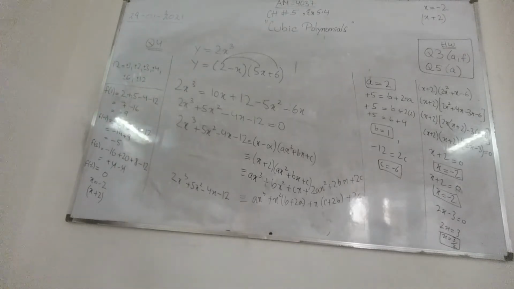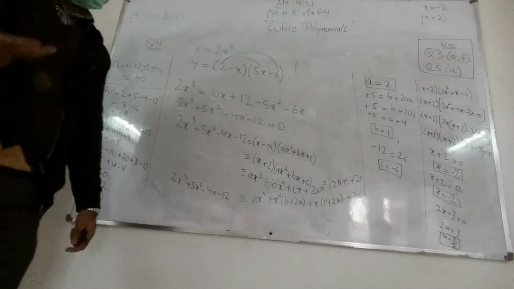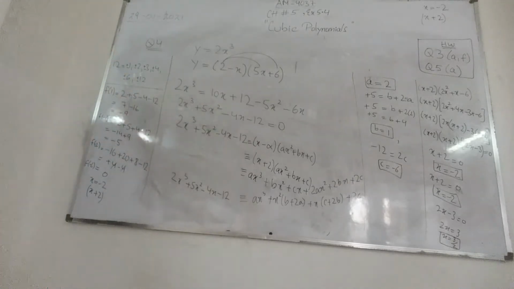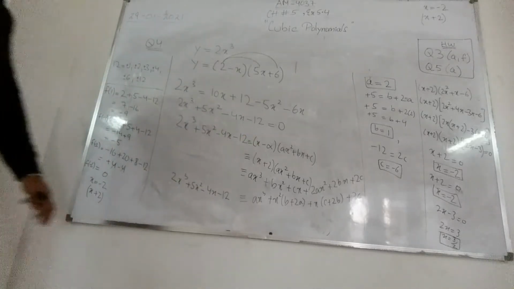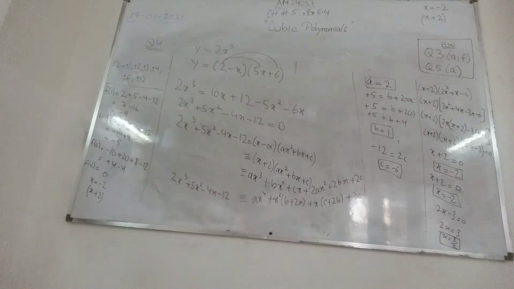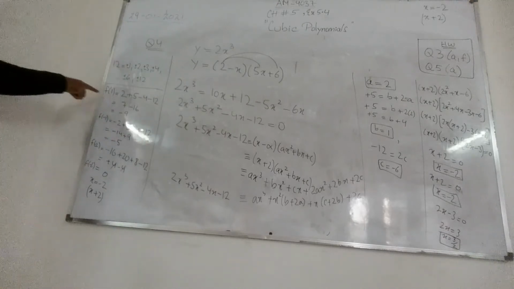Factor means 12 किस-किस के टेबल में आ रहा है, ठीक है? फैक्टर का यही मतलब होता है. So 1, 2, 3, 4, 6 and 12 are the numbers. ये सारे factors हैं 12 के. So in order to find the value of alpha, I have to one by one put these values back in the polynomial. I am going with plus 1 first.